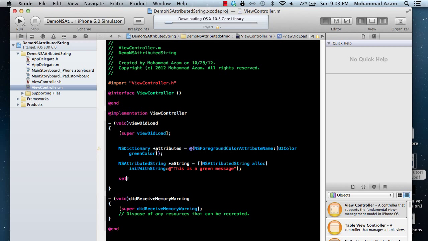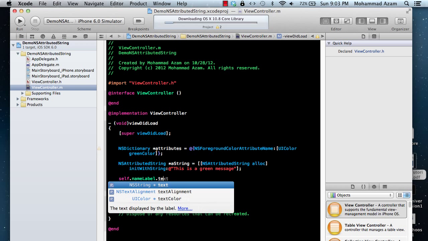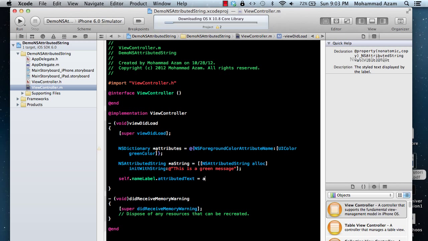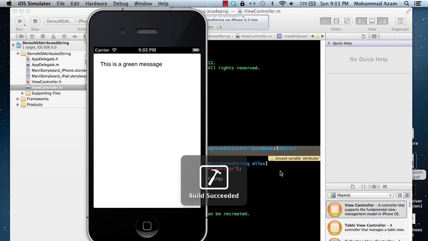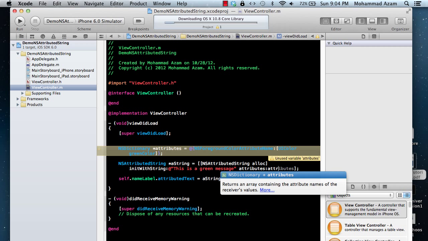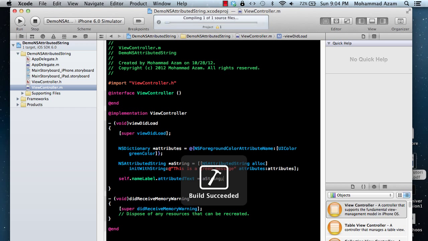and then in the label outlet, instead of assigning the text, we are going to assign the attributed text. So here we go. Let's go ahead and run this. Hold on, I think I missed something. We didn't really assign any attributes to it over here, so let's assign the attributes which we declared, and run it again,